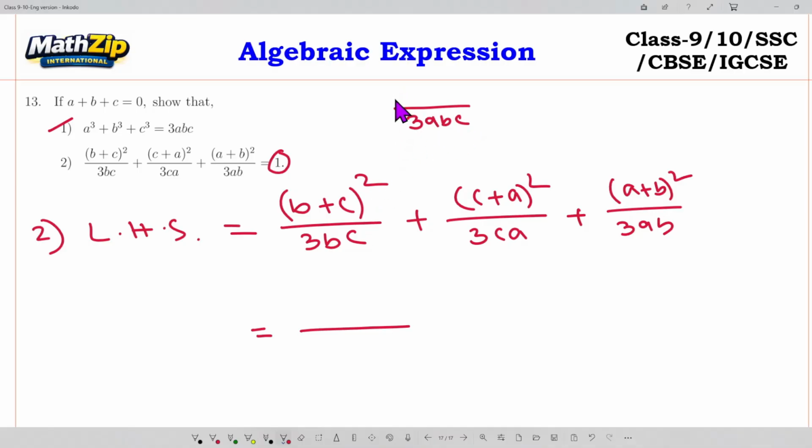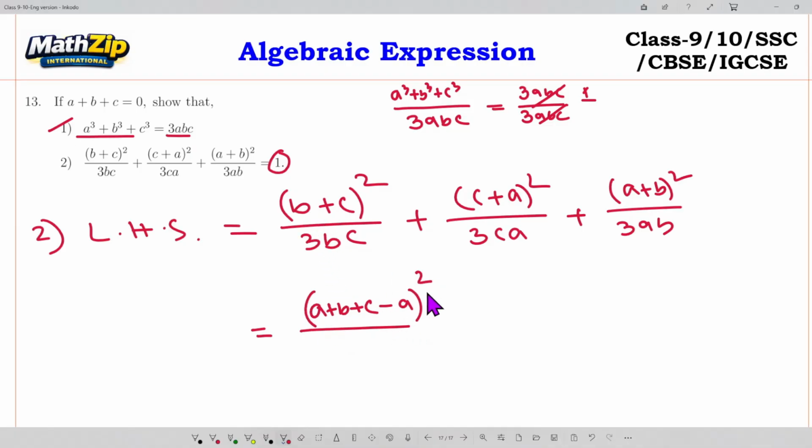3abc, and if we can make a cube plus b cube plus c cube, it will become a cube plus b cube plus c cube over 3abc. It means 3abc divided by 3abc will become 1. So how can we make this? Here is b plus c, so in here we can add a plus b plus c and minus a. It means a and a cancel out, ultimately this one is b plus c, and here is square divided by 3bc